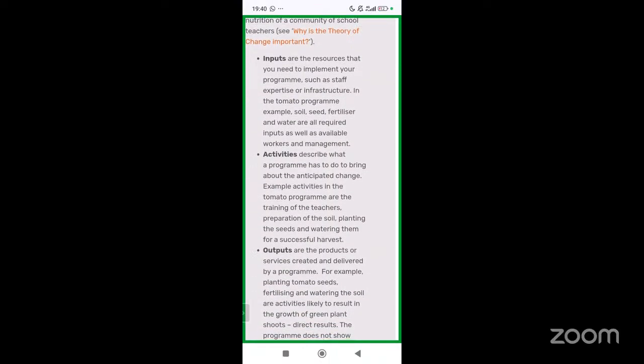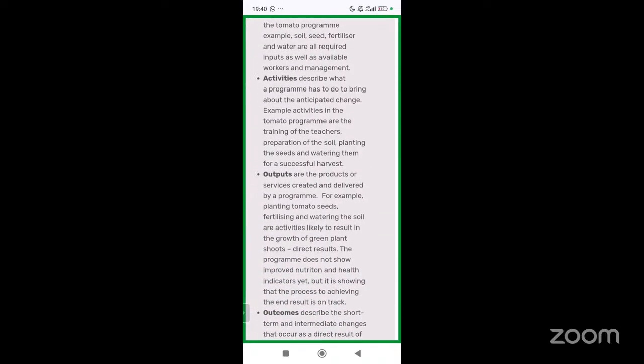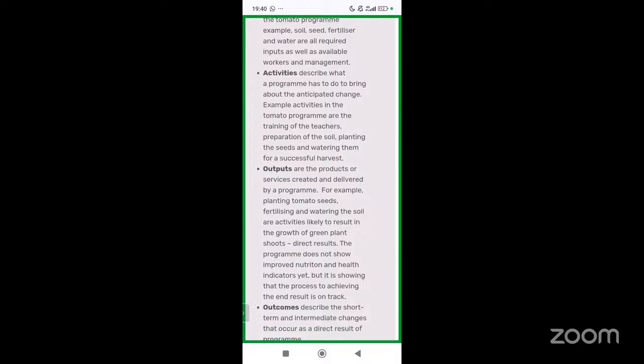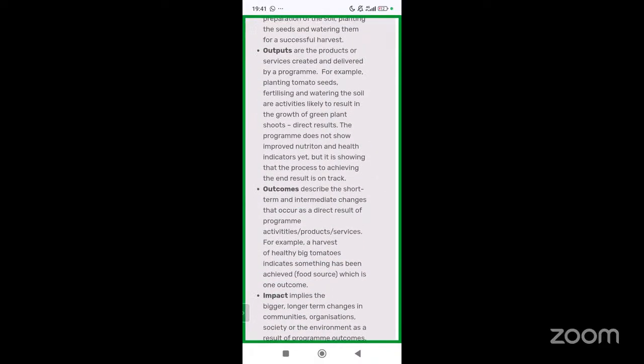What are you going to do? Here we say we want to go to schools, you need instructional material, maybe you are going to provide them with snacks and all that. What are the activities you are going to do? Like a debate competition and all that. Then look at output. What are the products or services created and delivered by the program? For example, what are the tangible things? After the program, many girls decided that they will abstain from sex as teenagers. You can look at that. Then they look at outcomes.